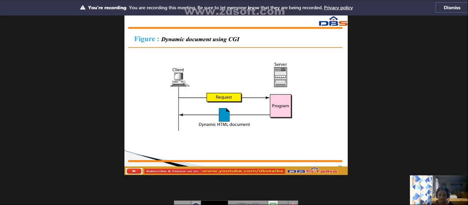CGI, common gateway interface, is a set of standards that defines how a dynamic document is written, how data are input to the program, and how the output results are used.